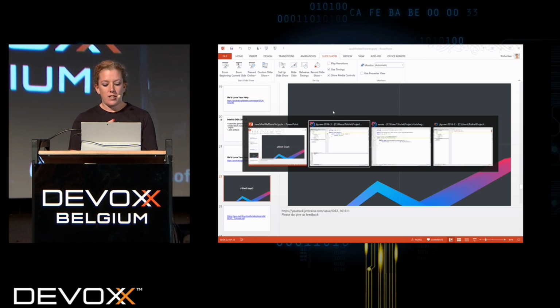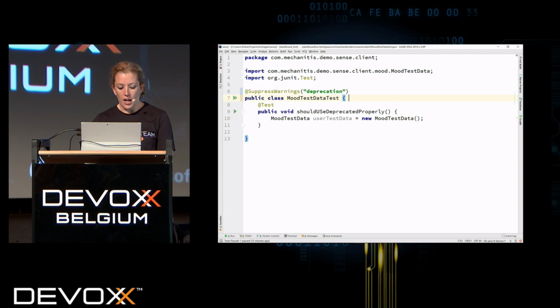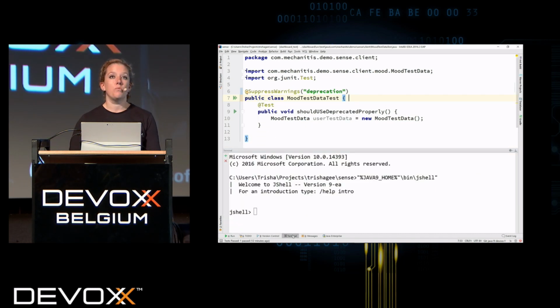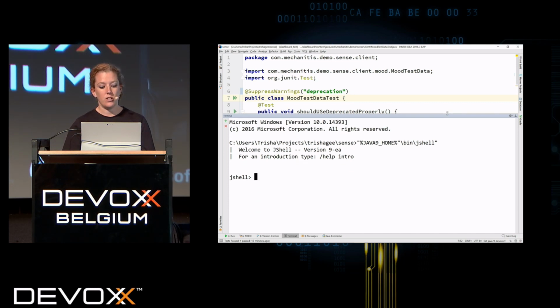For me, what's interesting about the REPL is that as a long-term Java developer, I have not worked with a REPL before. I don't really know the best way to work with a REPL. The way that I try things out is usually through writing unit tests or writing small pieces of functionality. So I think the REPL is really interesting because it's going to change the way some of us work.